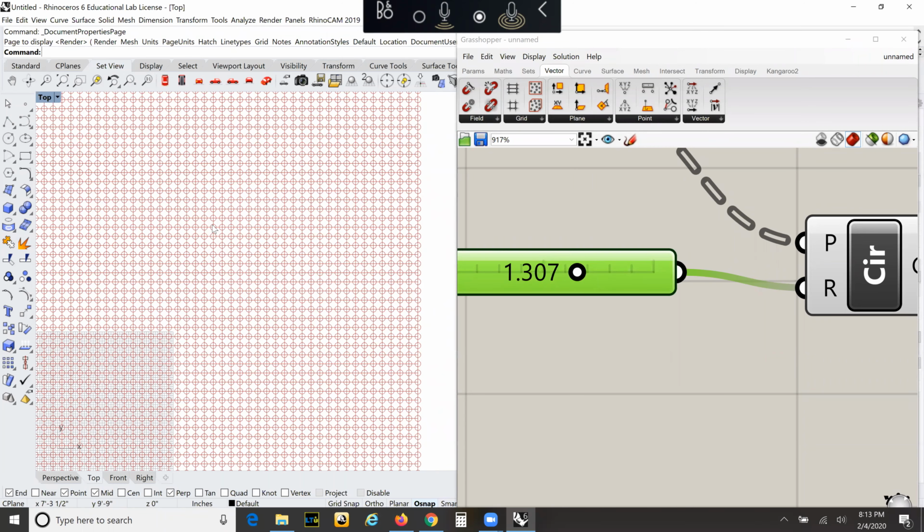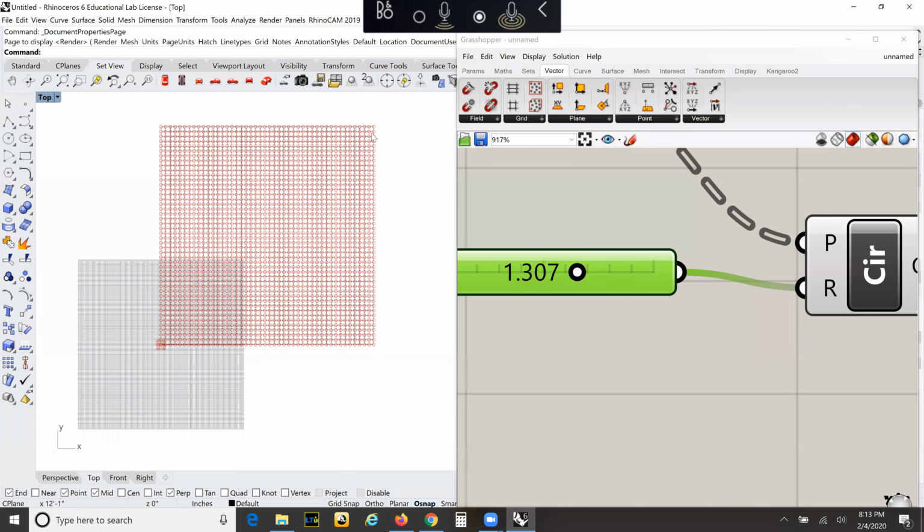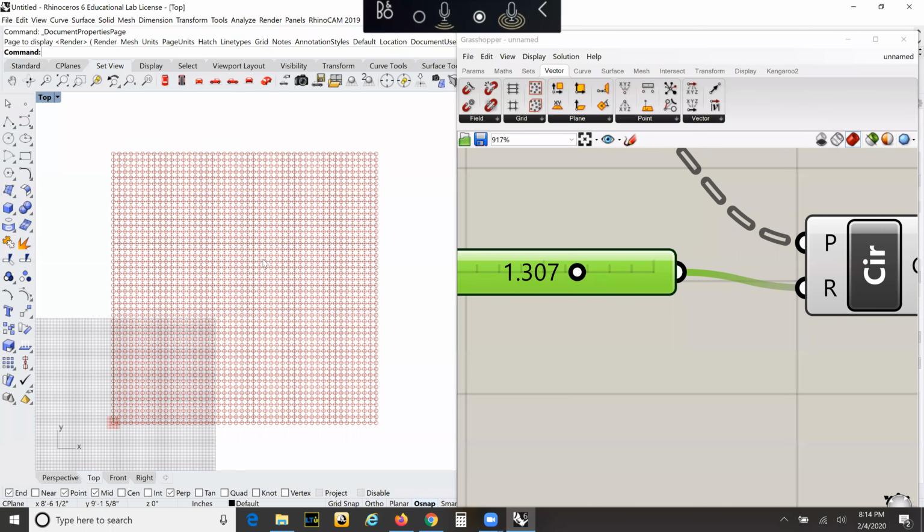Well, what if we want a range of circles? So let's say I don't want all these circles to be the same. I want a variation. I want some of these circles to be small, and I want them to grade out. And so they start small and they get big. Well, that's where we start to create relationships. And to produce that,